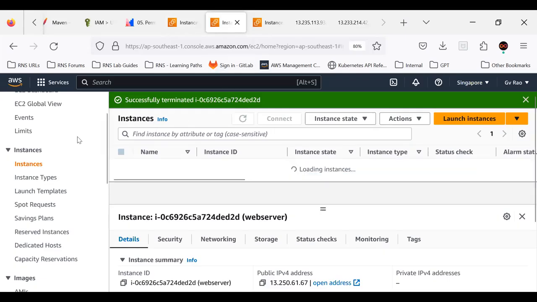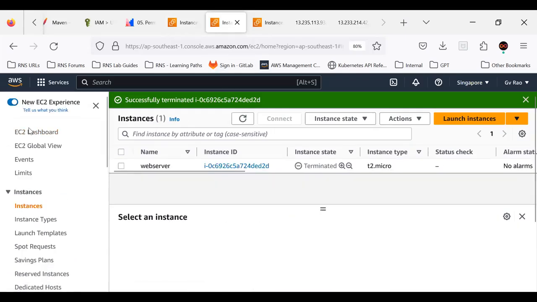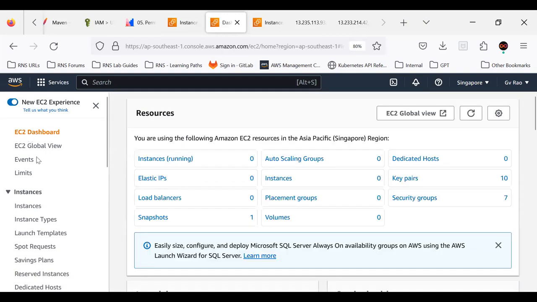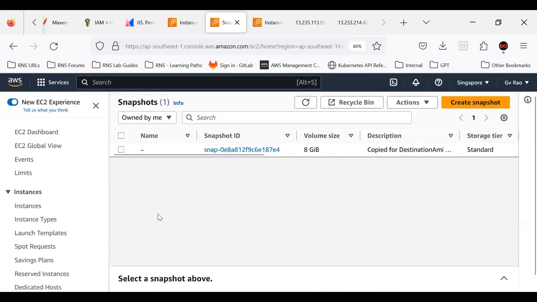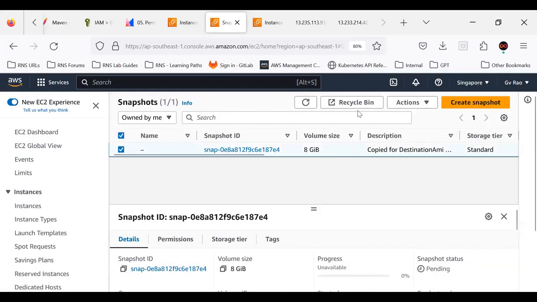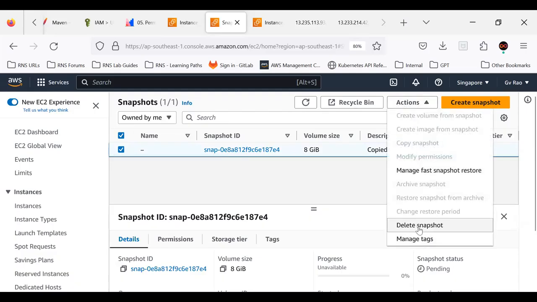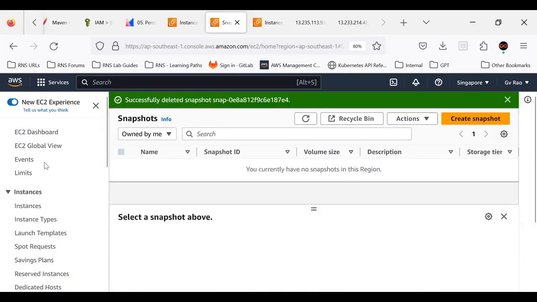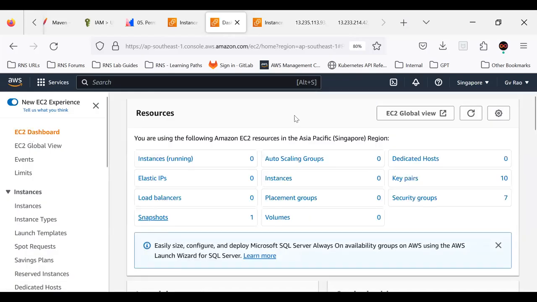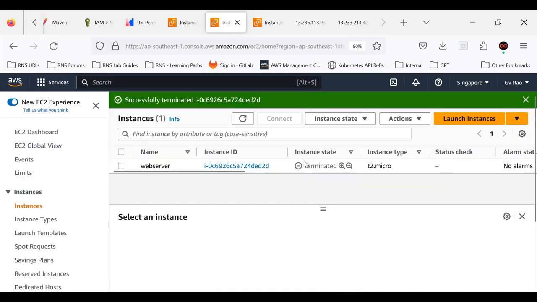Make sure that everything is cleared in the regions you are using whenever you are practicing. Yes, I have one snapshot here. Key pairs, I don't mind it. Security groups, I don't mind it. But the snapshots, let me delete this. Okay, here in my Singapore region, I'm good. Instances, okay, one instance it is showing. That is terminated anyway. Like that, let me check it in